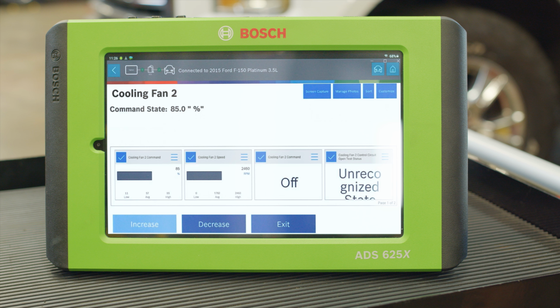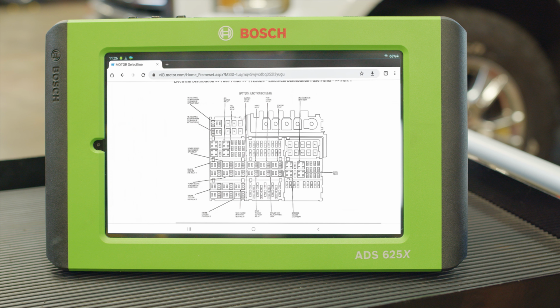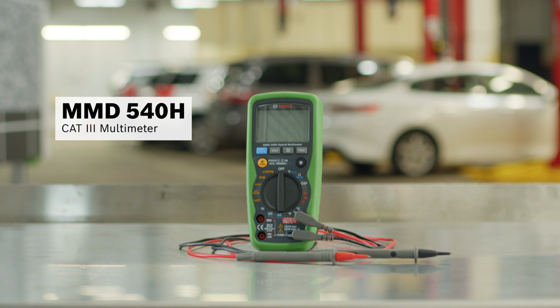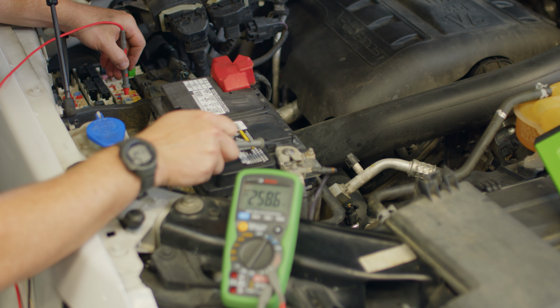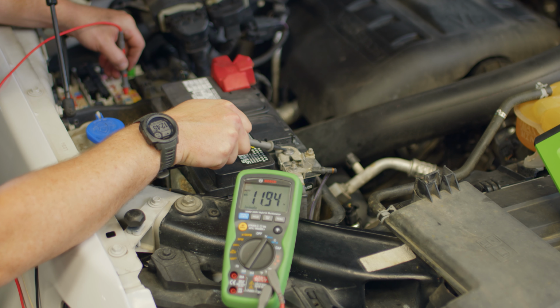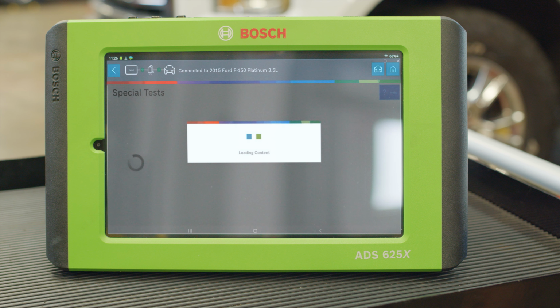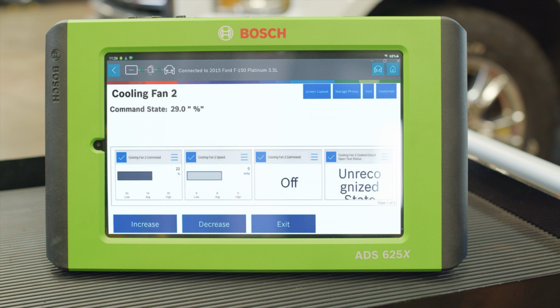the ADS 625X. We'll use Repair Source on Tool to find fuse locations and the MMD 540H CAT III Multimeter to check for power to ensure the fuse isn't blown. Once we confirm power, we'll move on to checking the cooling fan relay and follow the test procedures listed. Everything checks out. Next, we'll disconnect the cooling fan connector and use the ADS 625X to activate the relay on-off